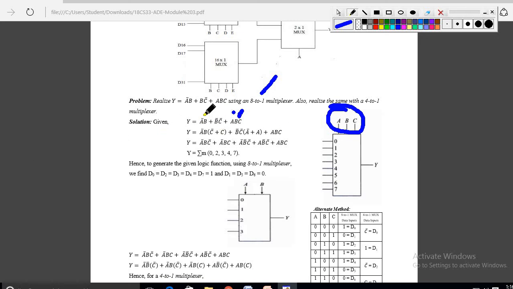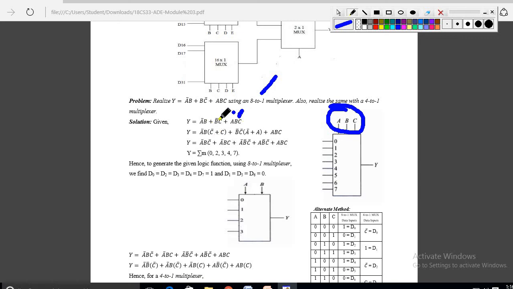So see here, for example, A bar B, C is missing. To get that C, what we will do is add C plus C bar, which remains the same value, 1. For that reason, here it is 1, and instead of 1 I am writing C plus C bar. So here C is missing, for that reason I am writing C bar plus C. It doesn't make any difference to the above expression if I add this. Anyhow, you could know this basic simple replacement.